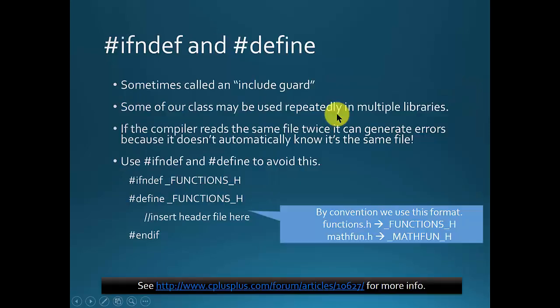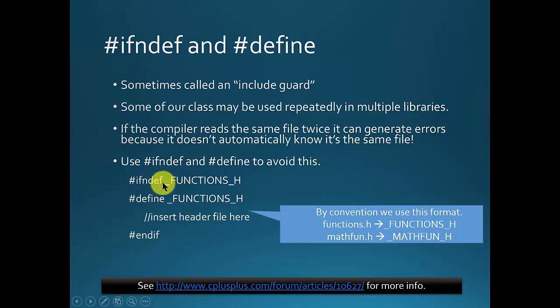So what is that about? Well, we don't want to have our functions declared more than once. And in order to prevent our functions from being declared more than once, we use this thing called an include guard, which is the ifndef _FUNCTIONS_H and define _FUNCTIONS_H and then endif. And between these two parts of the include guard, we'll put the rest of our header file. And what this will do is when it first comes through here,